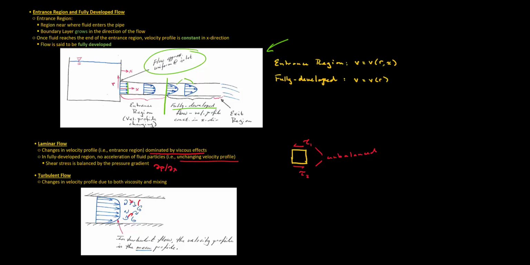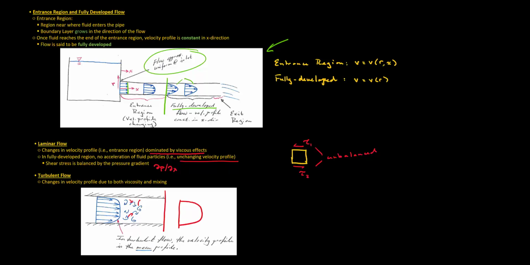And again, keep in mind that what we're saying about a change in the velocity profile is a change in the mean velocity profile. Because even in the fully developed region, so if we say that beyond this red line over here, we have a fully developed region,